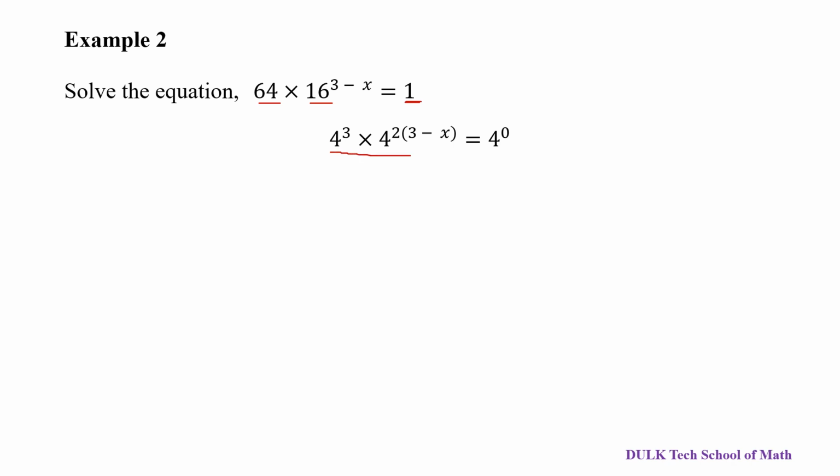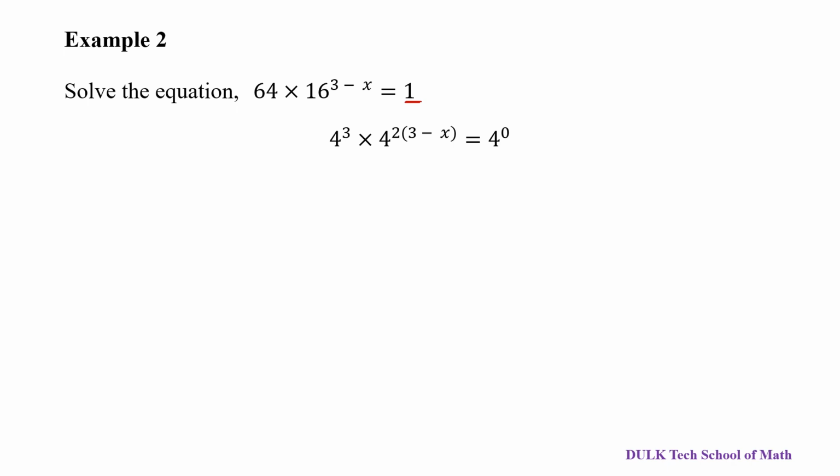We can't compare the powers while we still have 2 terms on the left hand side. So let's simplify and make sure that we have a single term on the left hand side, single term on the right hand side, then we can compare the powers now. Right. So according to the laws of indices, we can simply